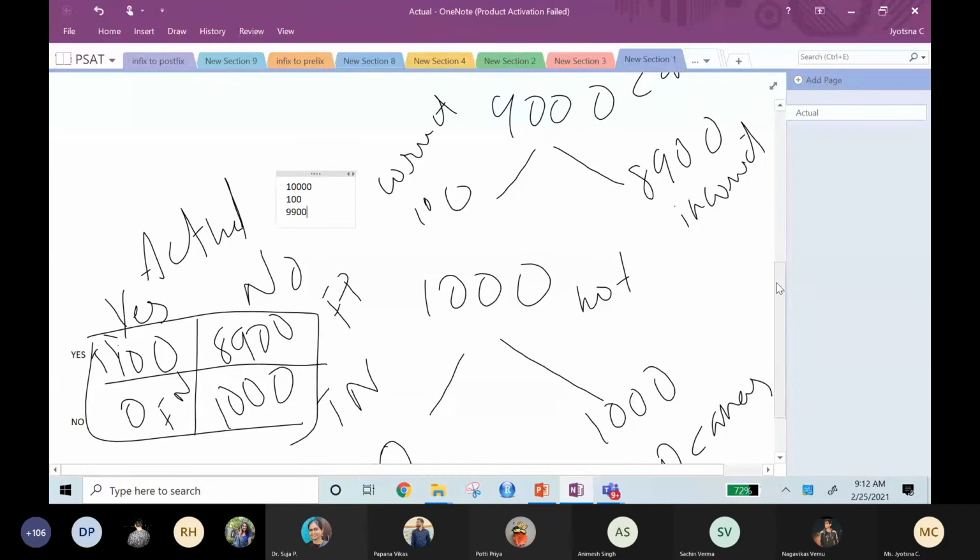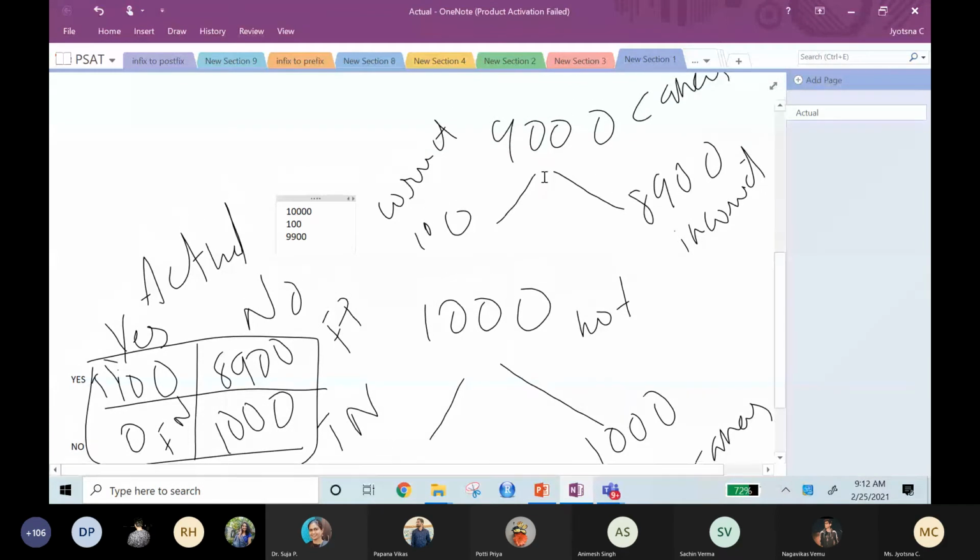And this pictorial representation is showing the predicted data. So 9,000 predicted as cancerous, and in that 100 is correct and 8,900 is incorrect. So you see, add and see 100. This is the total prediction as cancerous. In that 100 is correct, which means actually yes and predicted also as yes. And 8,900 is misclassification. That means actually no but predicted yes.